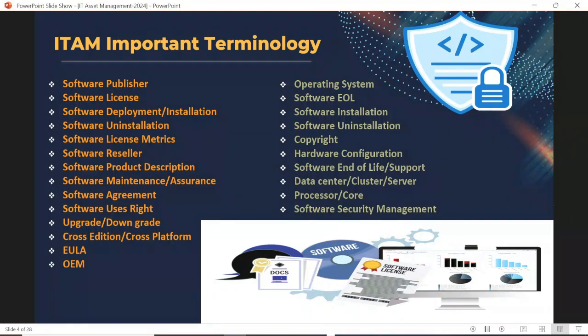Be it hardware or software, each and every asset has some detailed information that is called a description. If we talk about a hardware asset like a laptop, desktop, or server, whenever we are buying a hardware asset, we have to collect information like the type of asset which you have purchased, the name of the vendor from whom we have bought the hardware. We should know the number of quantities which we have purchased. We also have to track the warranty details,